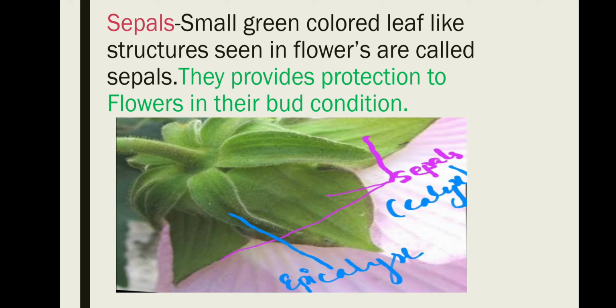Of these, the two lower whorls, that is the outer whorls, calyx and corolla, are sterile and are considered non-essential because no reproductive functions take place inside them. That's why they are known as non-essential, accessory or helping whorls. The innermost two, or you can say the uppermost whorls, which include the male and female, androecium and gynoecium, are the fertile regions of the flower and are considered the essential or reproductive whorls.